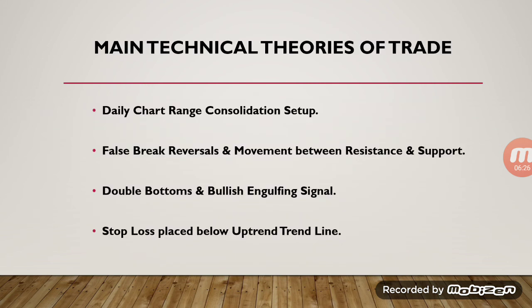So the overall elements of this trade, despite the fairly ordinary size of these candles: the main technical elements were that the daily chart had formed a range consolidation setup. It was a false breakout reversal that was taking place, and that was indicating a movement from support to resistance. And the double bottom formation was a signal that was given to indicate the start of the reversal, and this was followed up by a bullish engulfing candlestick formation to confirm the reversal,